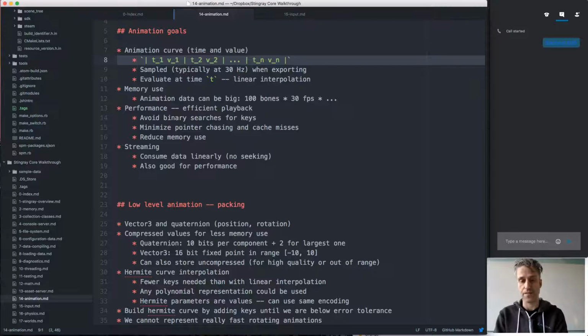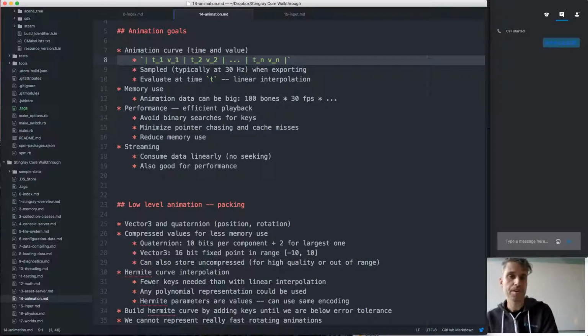And if we're supposed to support multiple different animation programs, that becomes really tricky. So we prefer to sample out the animation at some fixed frequency into just times and values, and then we